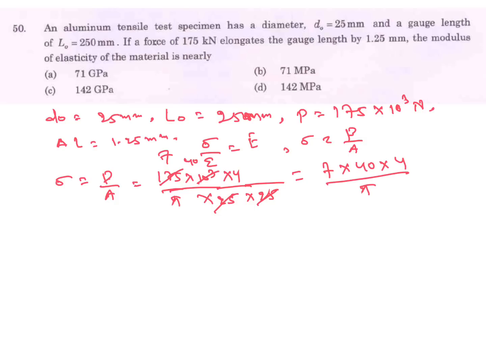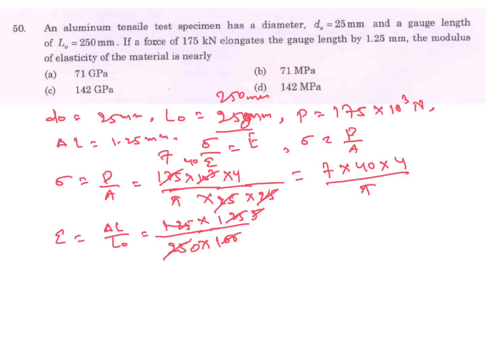Strain is del L by original, change in length to original length. 1.25 by 25. So this is 125 by 100. Cancel this one. 1.5 by, here L0 is 250, this one 250 mm, so here you put 250,